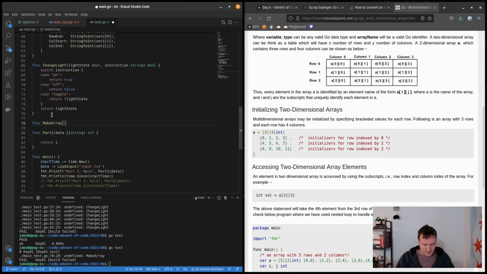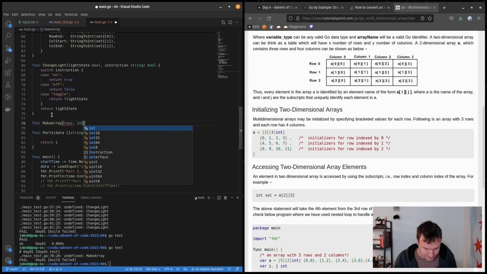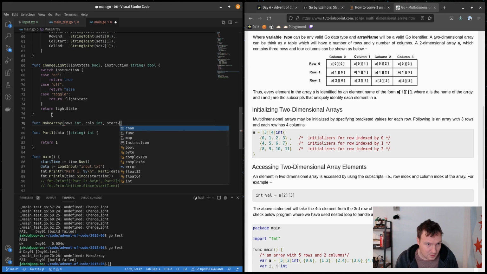We're passing in column, no, rows. Row. So this is the row length, right? Calls and now Boolean, and we are going to return